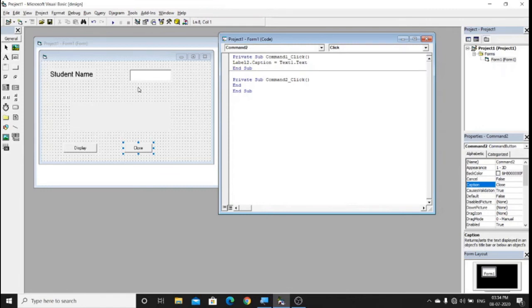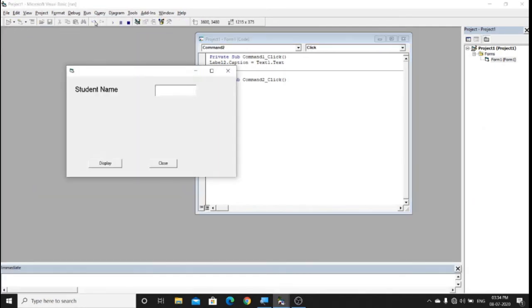Now I'll run the form and show you. Can you see over here the run menu is there? You can click on run, or you can press the F5 key also. After clicking on run, you have to click on this start. So we can execute the form. Can you see now? This is our form. Okay, we are in the run mode now. Before this, we were in design mode.